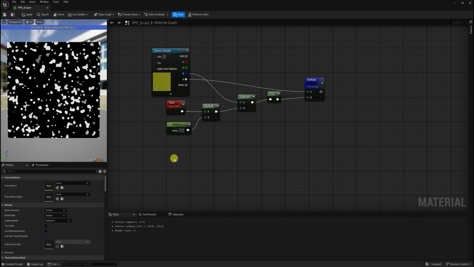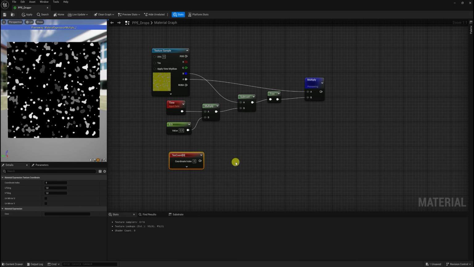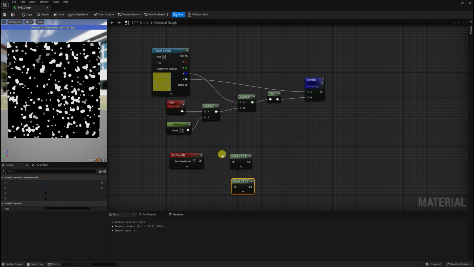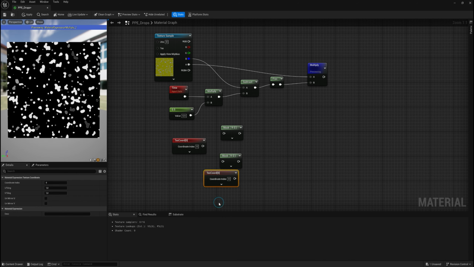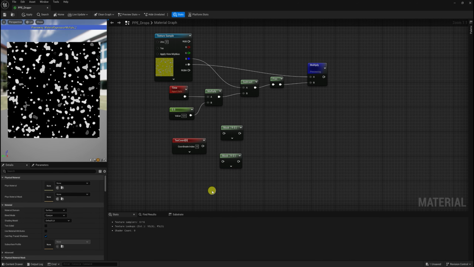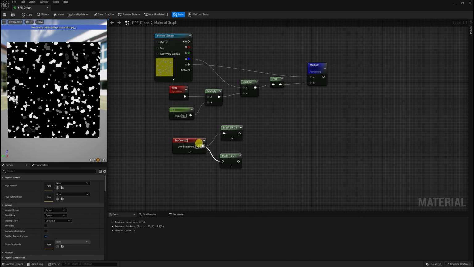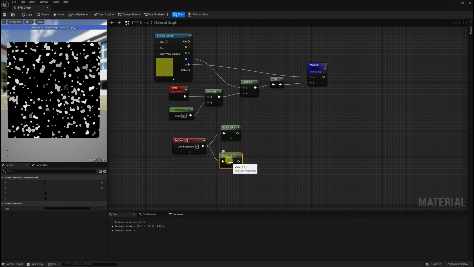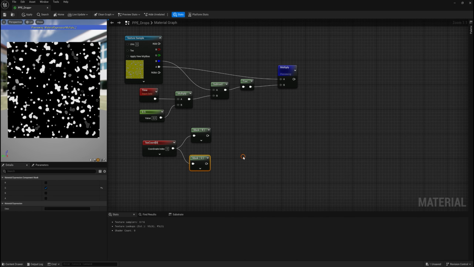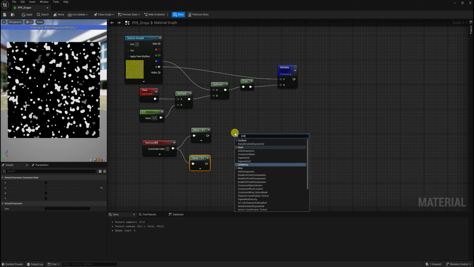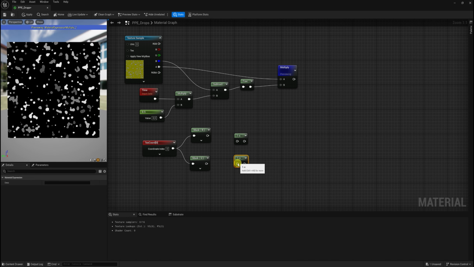that basically uses it as a mask, and it's inverted, so you would have the drops only on the sides and the middle would be just empty. So to do that, it's a text coordinate with a mask, component mask. So the shortcuts for these are U, left click, and Shift C for the mask. So I'm gonna remove the G from the first one and the R from the second one, and I'm gonna do a 1 minus for both of them,